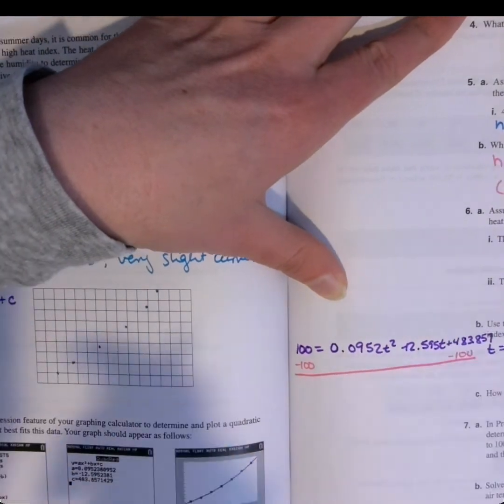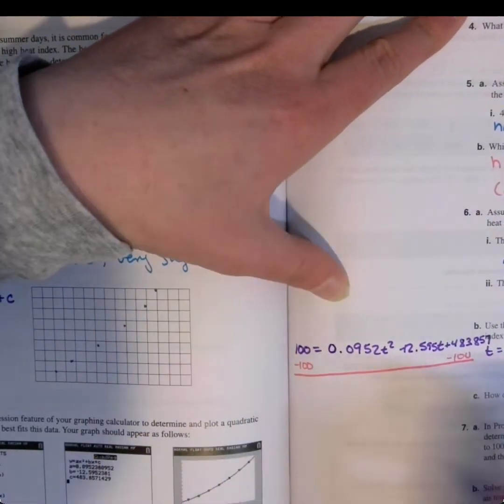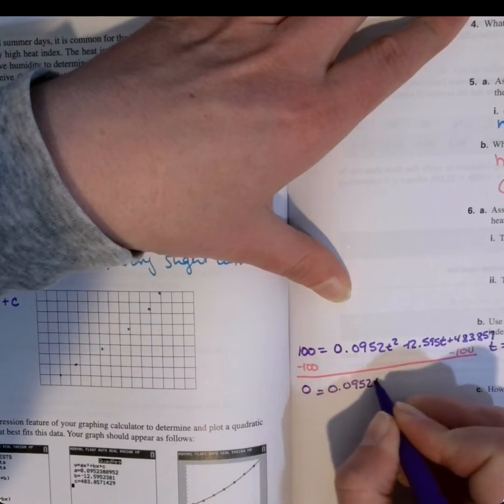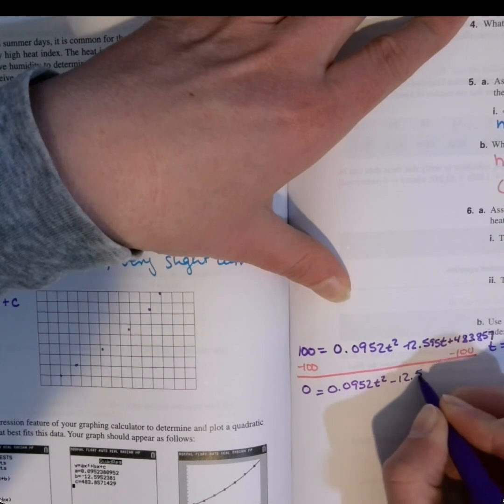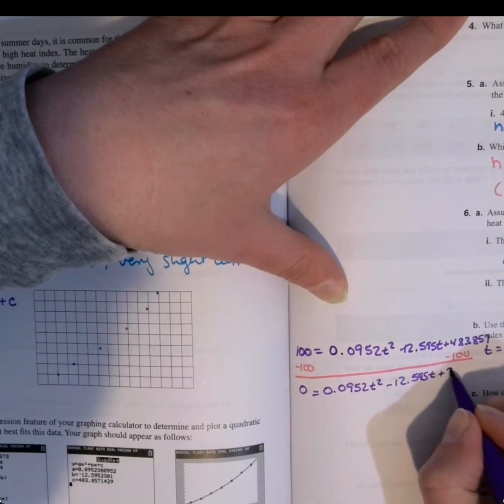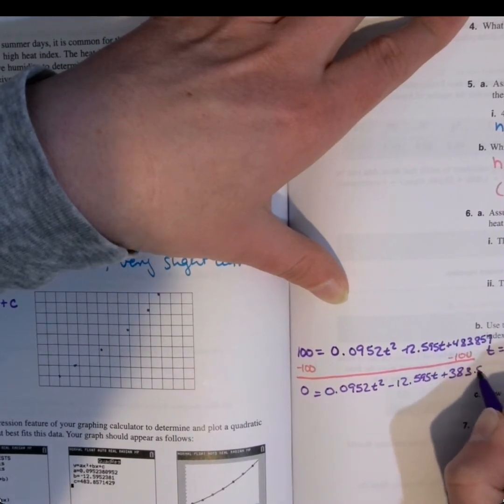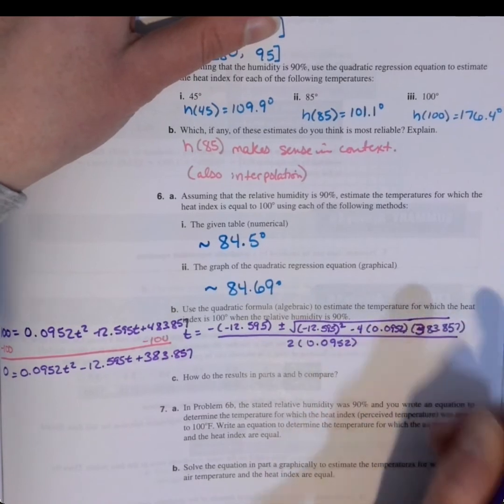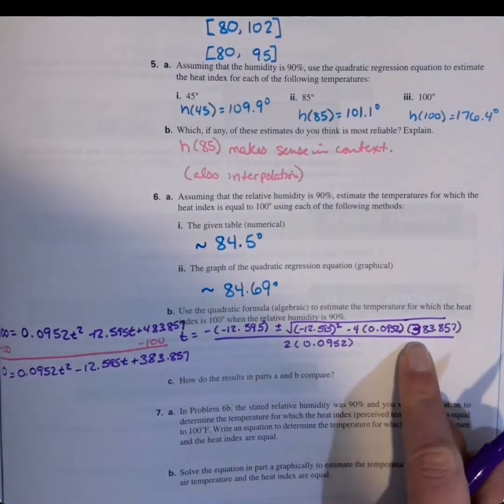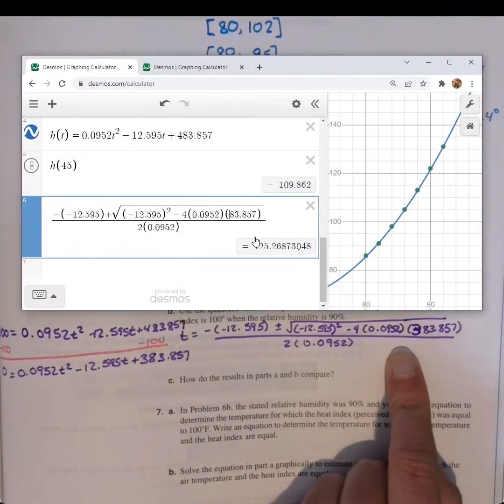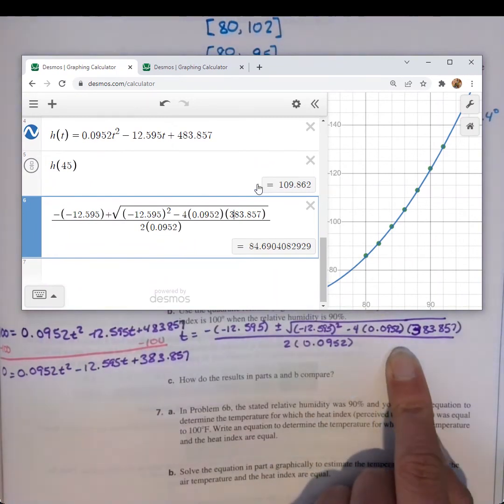As we just noticed, it did not work when I forgot to do that. So this would give me 0 equals 0.0952t squared minus 12.595t, 483 minus 100, that's going to be plus 383.857. So we're going to go over here into our equation and change C to 383.857. Right. So back over here, if I just change this number for C, there we go. And we get